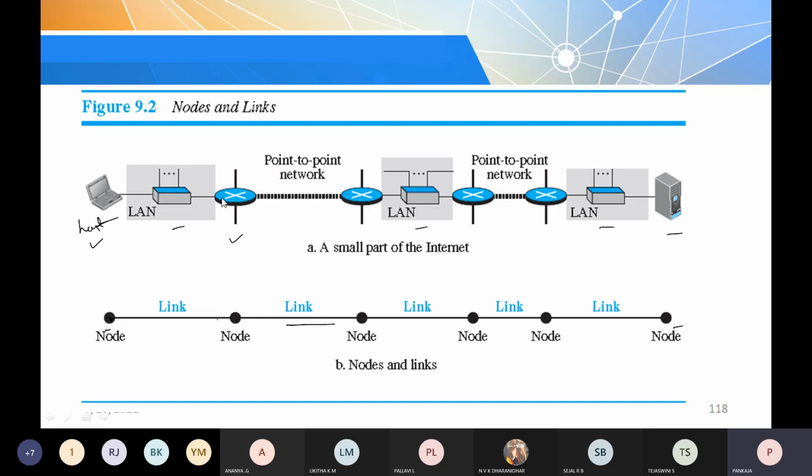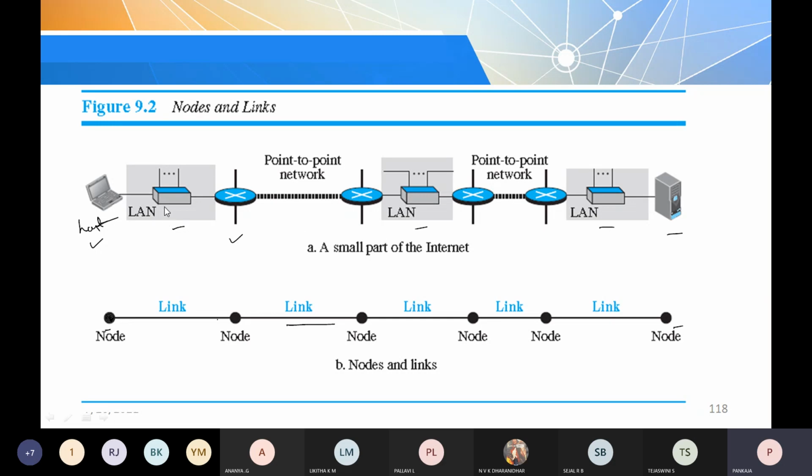Whatever components you can see connected in the internet network are also called nodes, for example a router is also called a node. And how a host node is connected to a router in a LAN is represented with a link. That is how you need to distinguish nodes and links.